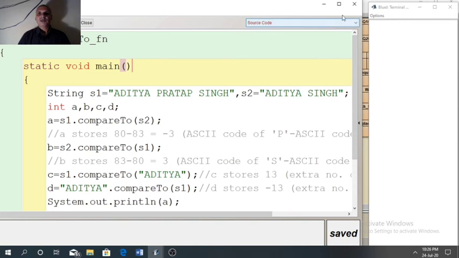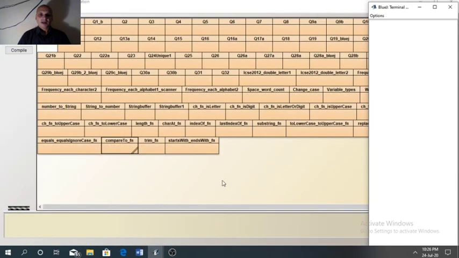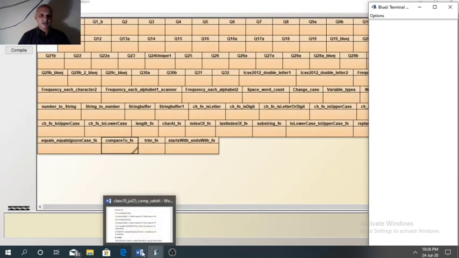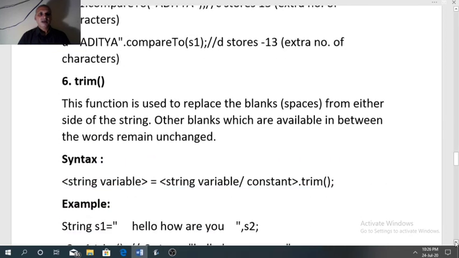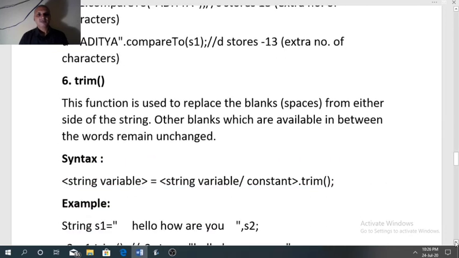Let us remove it and move to the next function, trim. Trim is a very simple function. It removes the spaces or blanks from either side of the strings.